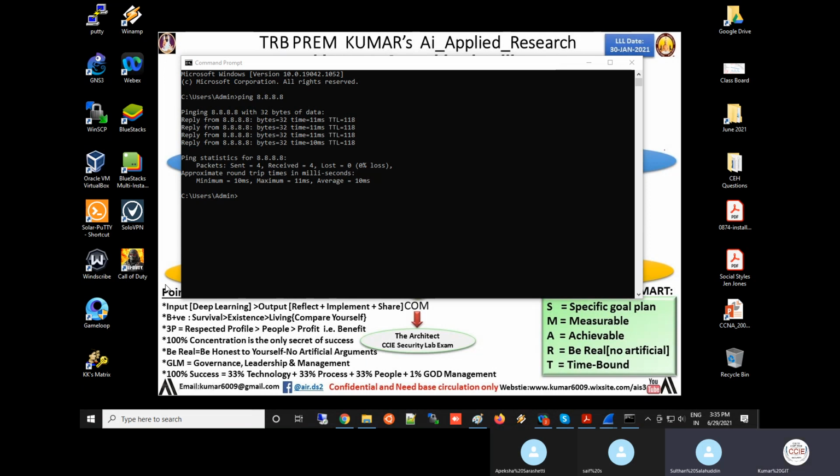What is the function of switch? Why is it filling there? Sir, if I connect a laptop or any device to the switch, it will update that particular. Who will update? The switch will update. In the switch, it will automatically update. When I connect or when I send the packet, sir.